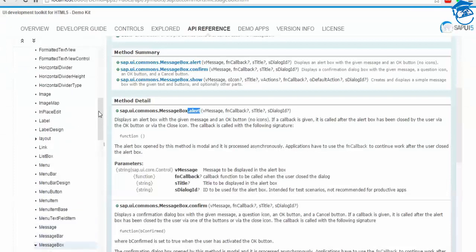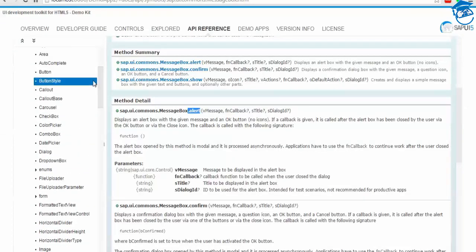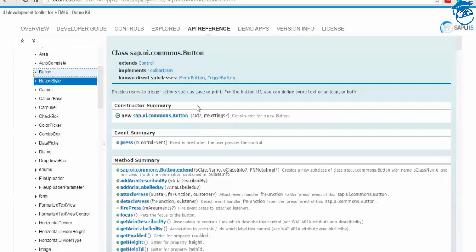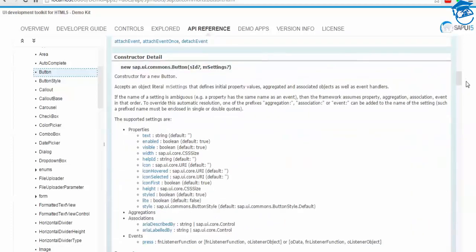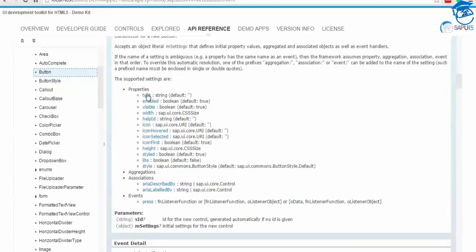If you want, you can have a look in the APIs, the button API. We have to go and check. Go here, button API, and you have sap.ui.commons.Button. Inside this, we have only the press event. There is no hover event. We're going to customize it now. So this is how it is. The properties are text, enabled, visible, width, height, etc. And associations are this, and then events are only press. So we're going to have our own control.